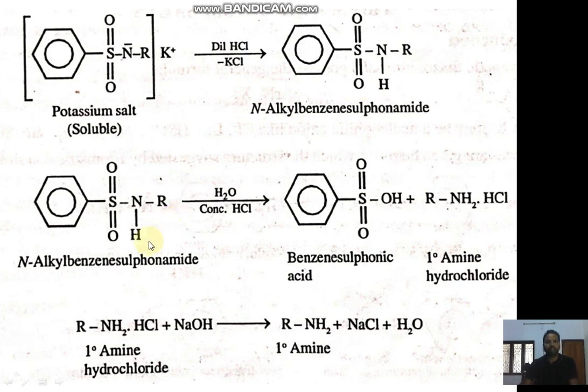That N-alkyl benzene sulfonamide, if you treat with concentrated HCl, we get primary amine and benzene sulfonic acid. So primary amine we could separate in this way. Sorry, this is primary amine hydrochloride. That primary amine hydrochloride, if you react with NaOH, then you get ultimately the primary amine. So you got the primary amine from the mixture. Now we have an ether layer which contains tertiary amine